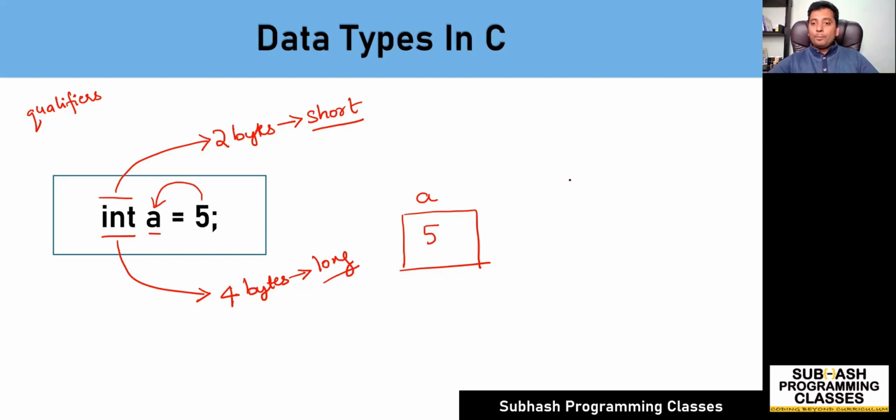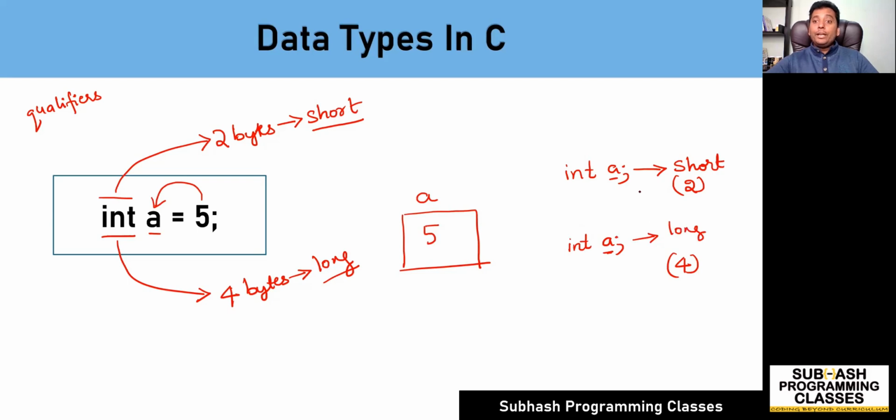For example, suppose you write the statement int a; and compile it using a Turbo C compiler. Then this integer is considered a short integer, and the amount of memory allocated for this variable would be 2 bytes. Similarly, if you write int a and compile the statement using GCC, which is a very popular compiler, then the amount of memory allocated for this variable a would be 4 bytes, because your GCC compiler by default considers int as long integer.